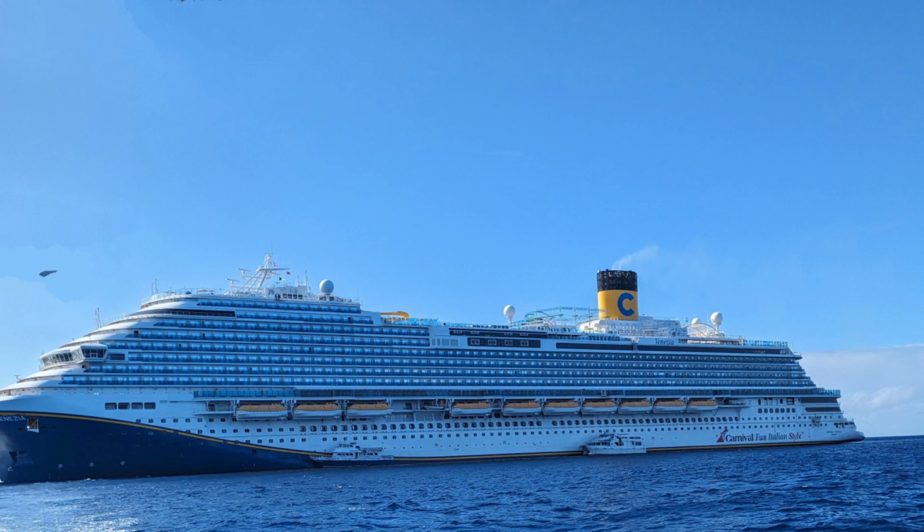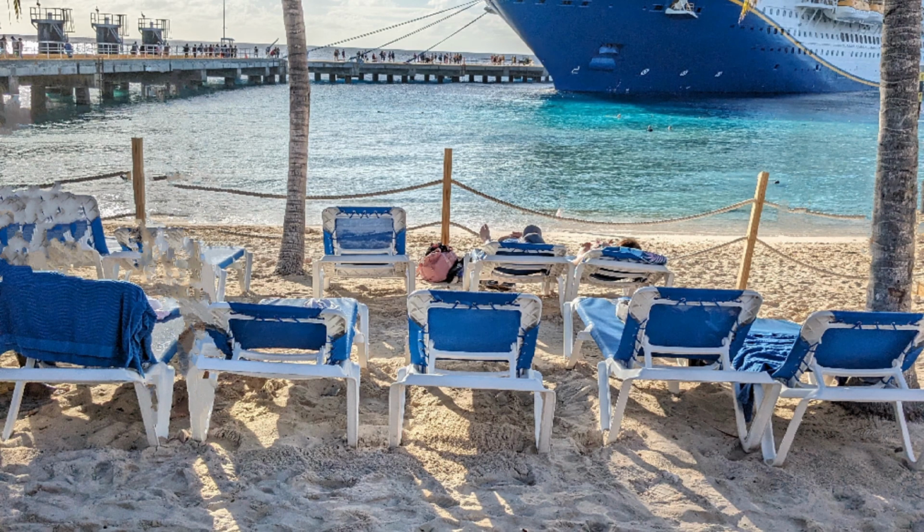This was the second time my family visited the island, while it was our friend's first time. It was really well maintained. The beaches were spotless and beautiful. The only improvement I